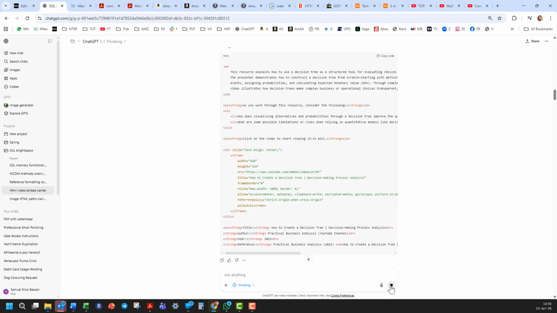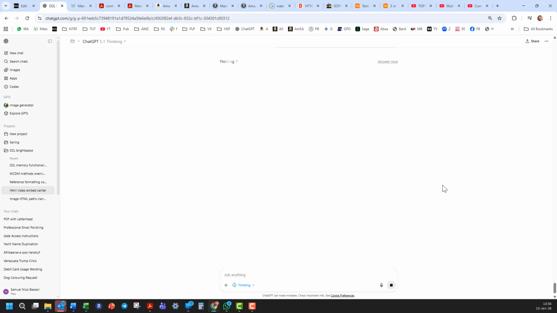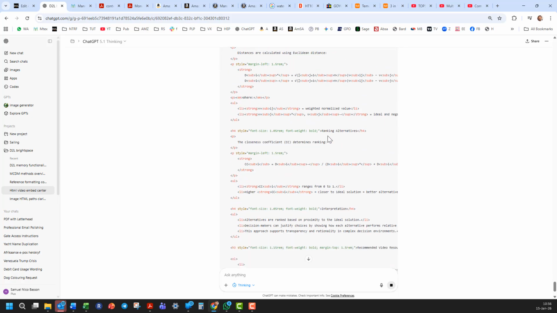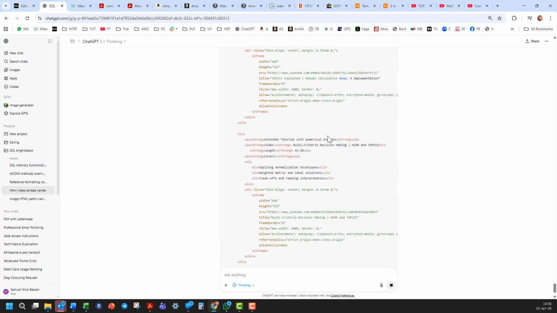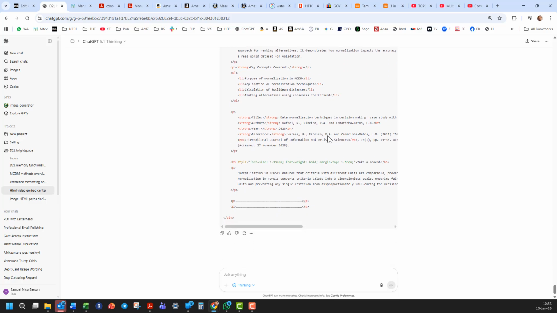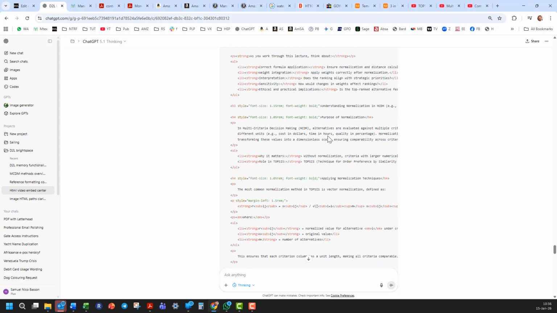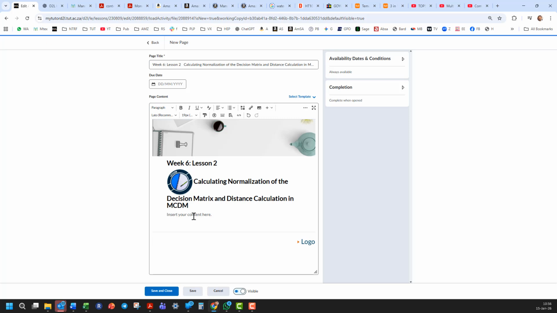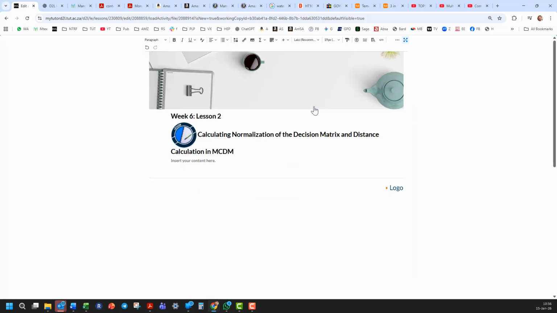There's everything. I let it run, and now it will start to build the HTML code, which I will just copy over there. Once it's finished, as you can see, it's busy building. Once it is finished, I'm just going to copy this whole code. There it is. And now I'm just going to say copy code. I'm going to my D2L page, and I'm going to stand there, because there where it flickers, I will see it in HTML. So I'm just going to maximize this, because I like to work in this big canvas.